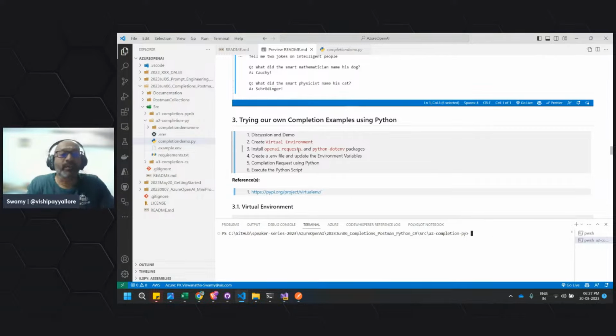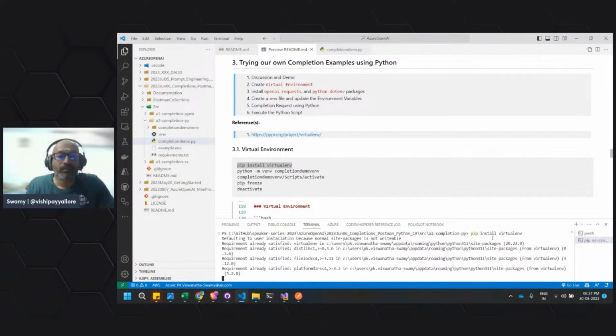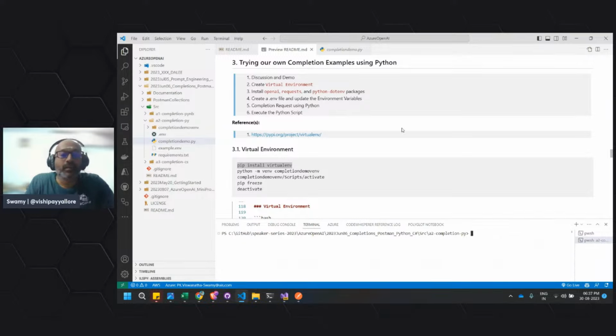We come in here. First thing is we need to create a virtual environment, so we do the pip install here. It's already there. The second thing is we will create it, which I've already created here. This is the completion model.